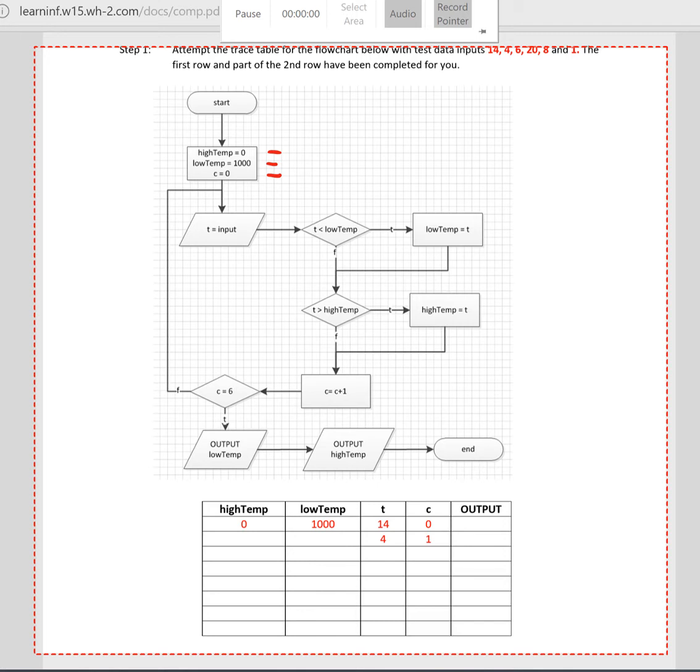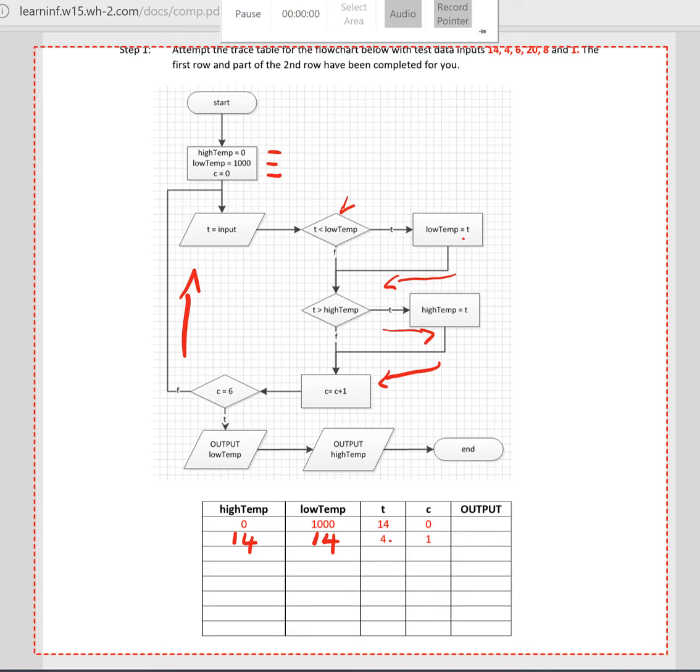When the first temperature comes in, T 14, we then look to see if it's less than the low temperature. Low temperature is 1000, so that does become 14. Low temperature becomes 14, and then we move around this way. High temperature, well again that's higher than 0, and then we set that. Then we move down to here, C is C plus 1, it's gone to 1, and then we check to see if C is equal to 6. Well, C is actually 1, so it isn't equal to 6, so I go back up here for my next